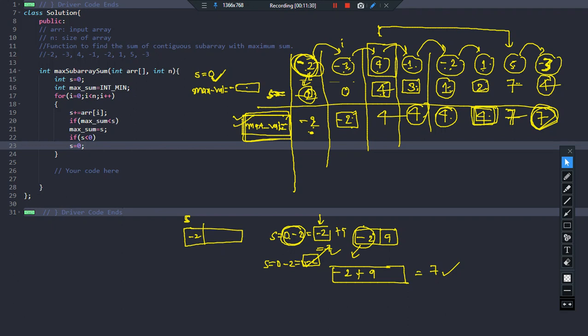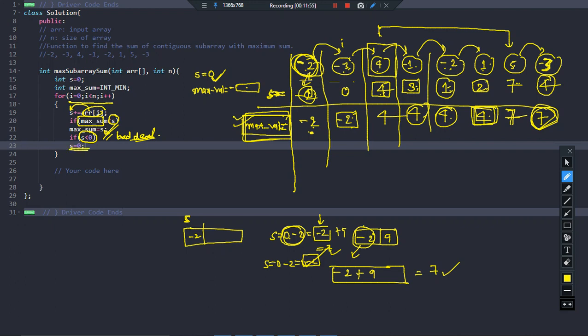So whatever I have done here, I am doing the same thing here. Traversing the array from left to right, picking up the element, adding to s, and once we added it to s, I'll compare the value of s with the previous maximum sum. Whichever is maximum will be stored in max sum. And again I'll check that if by adding that element, it was a bad deal, then it is not a good idea to take this element.